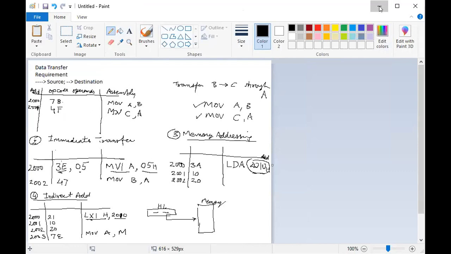We have seen the data transfer instructions and how to start with programming. We have seen examples of register to register addressing mode, how to write the instructions, the direct addressing mode, the indirect addressing mode, and the immediate addressing mode.